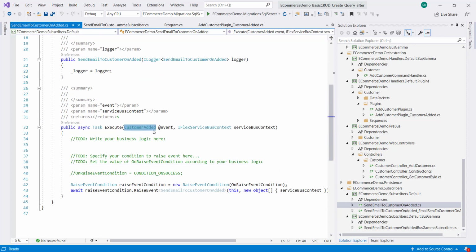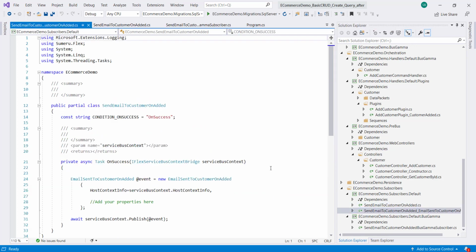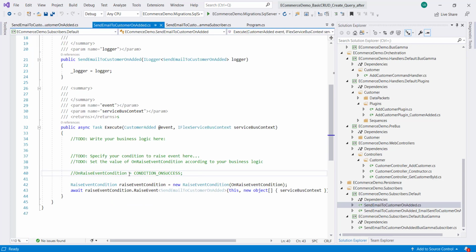So here the customer added event is being received, or we can say subscribed, and you write any of the conditions here. Same way we have the condition here. So for the condition on success, usually we use it by default, but you can have any other thing. So whatever condition you prefer in your diagram in the studio, you can enable that event.